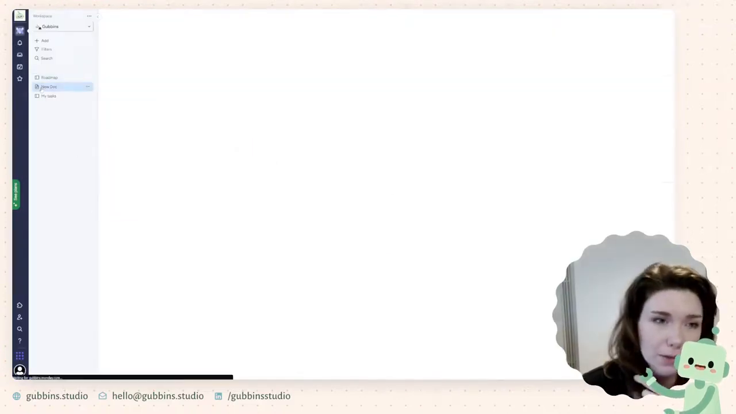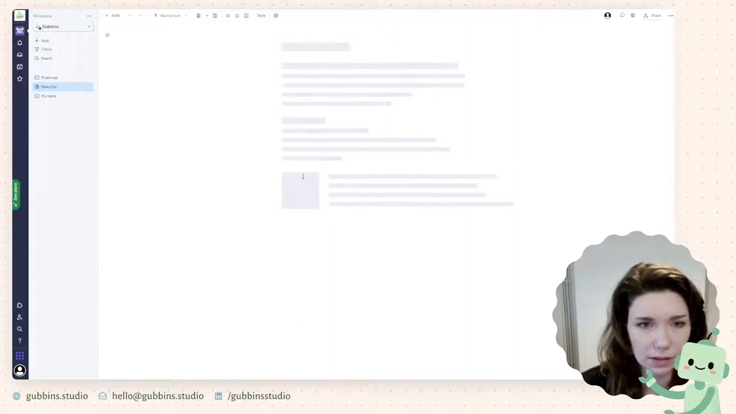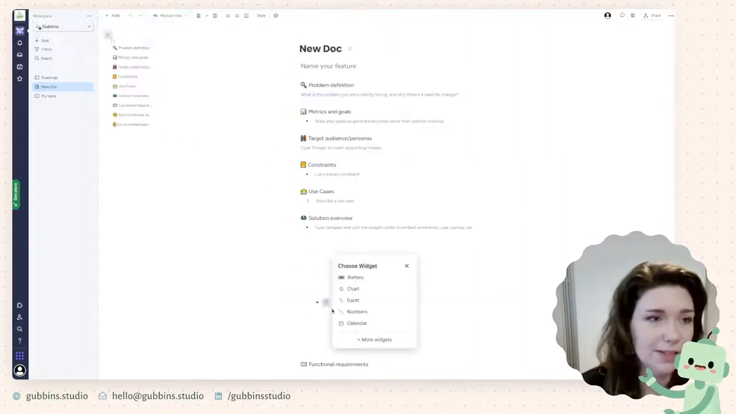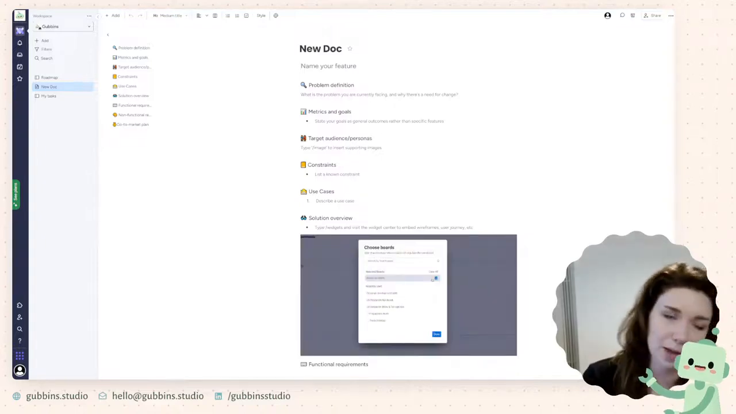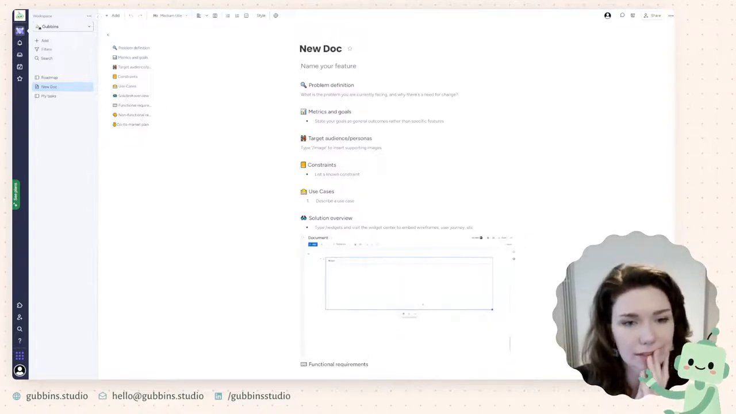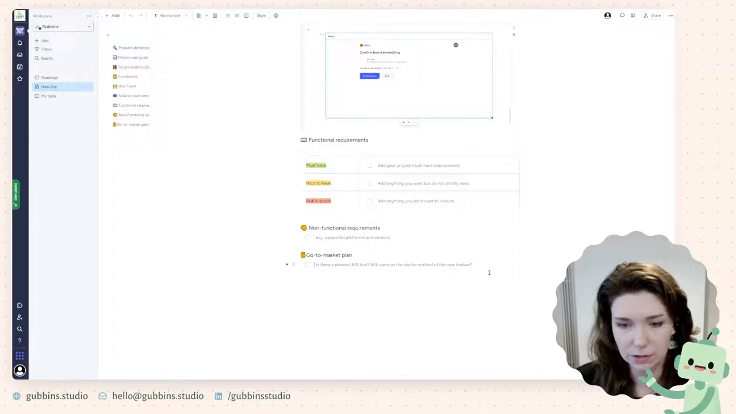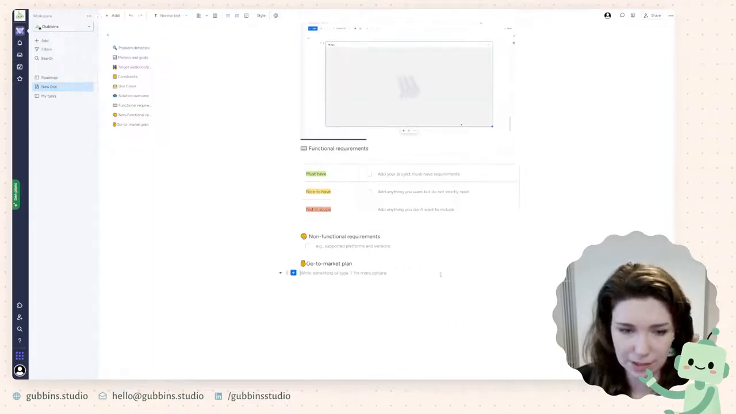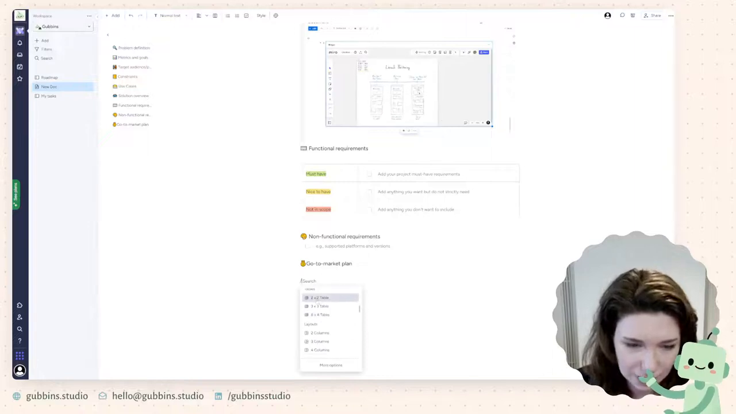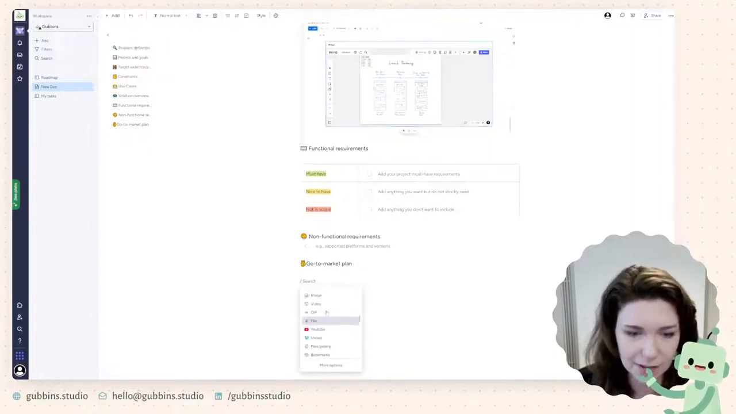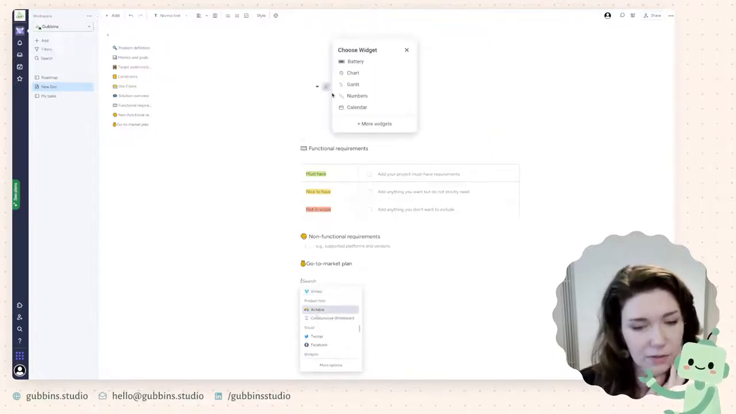Other features. So Monday as well also has docs. Again, very similar to how they had them in ClickUp. These are rich as well. So if I can edit these, I must be able to edit. Yes. And you can add in all sorts of different bits and bobs in here. You've got embeddables. You've got,